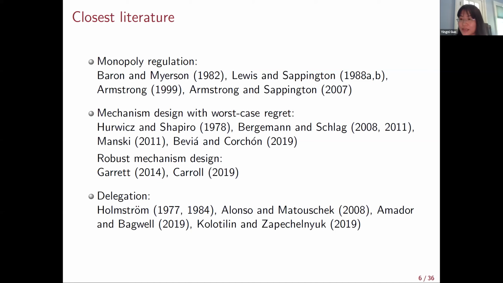Laffont-Tirole, right? So what happens if you have evidence about the cost or demand function? We're working on how to combine worst case regret with evidence, right? So you can report, and for some evidence is verifiable. We're not looking at this in the framework of Laffont-Tirole, but the general question is about how to incorporate evidence in this worst case regret approach.